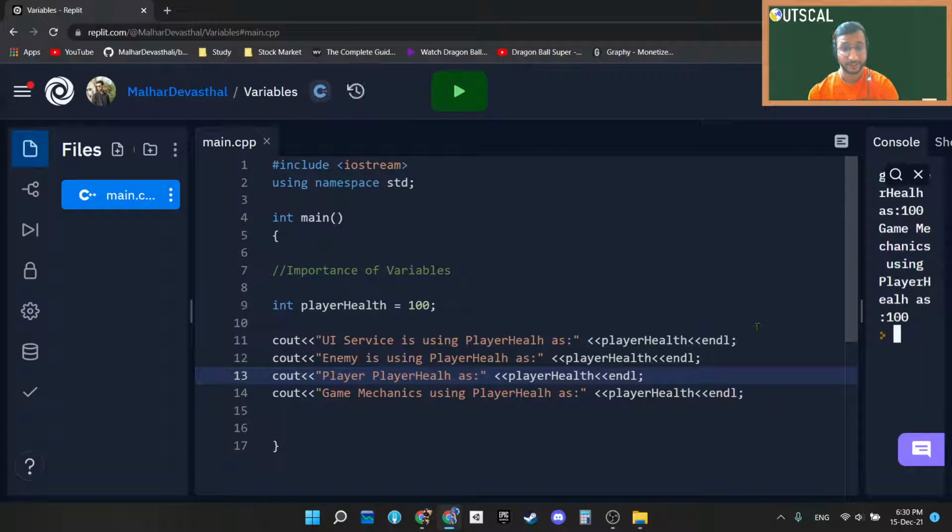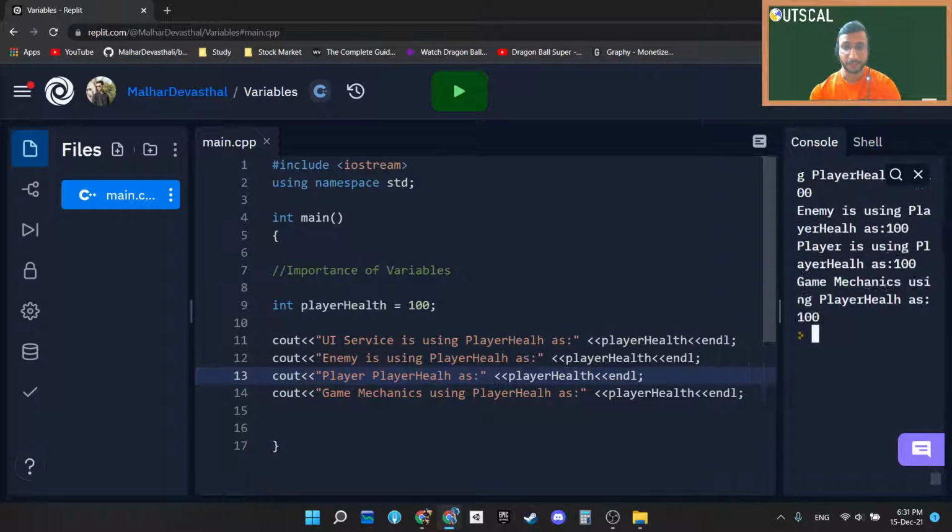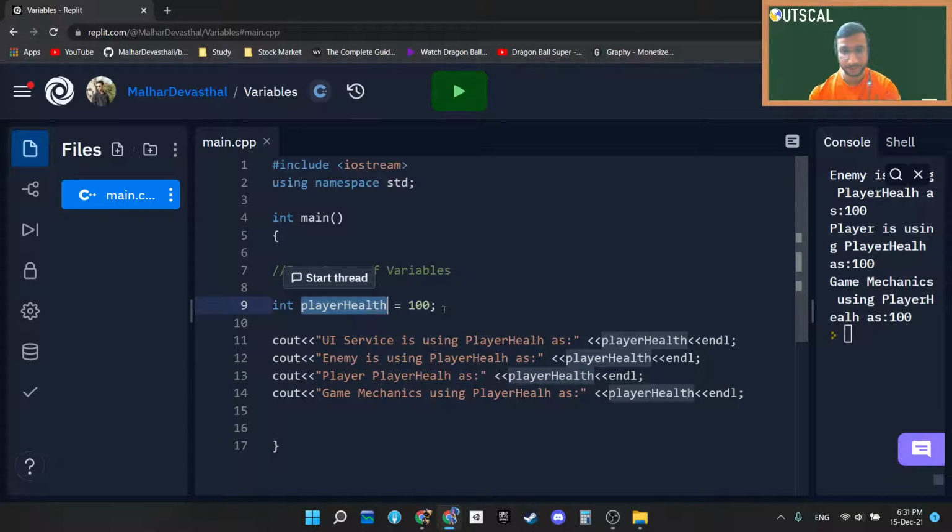But the point that I want to cover is, suppose right now, as player health is a variable, and now player health's value got changed, then it is very easy for me to change it. What do I mean by that is, suppose there are hundreds of places where player health is getting used. I can't go and change it line by line, right? So as I am having this variable, suppose I am changing it here directly.